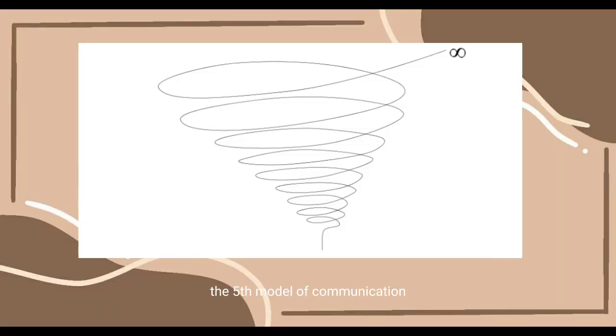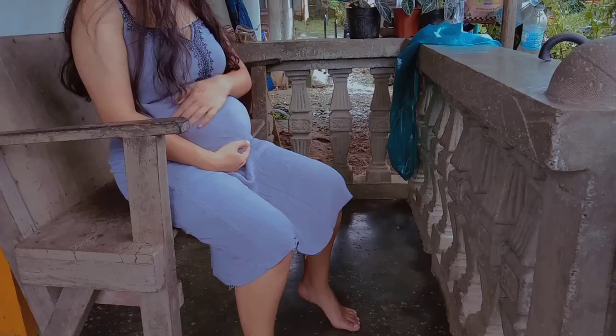The fifth model of communication is the helical model of communication, which was proposed by Frank Dance in 1967, that says the process of communication evolves from the very birth of an individual and continues till the existing moment. All living entities start communicating from the very first day of their origin. Here is an example of the helical model of communication.